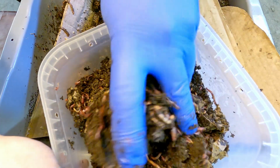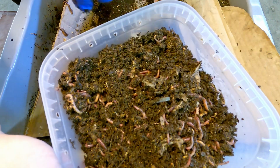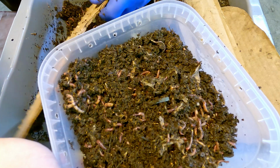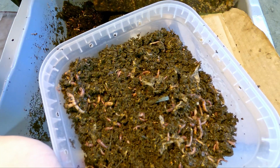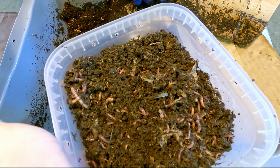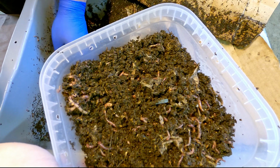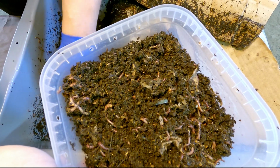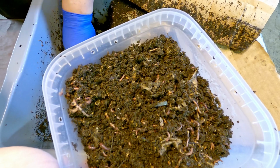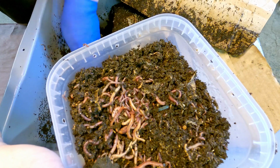It does look to me like that perforated cardboard partition will probably be reusable. Just see how it looks. Yeah, it's hardly been degraded at all. A lot of times the worms just go crazy nibbling that down too. But luckily we built up the feeding area well enough for them with bedding that they were able to keep themselves occupied with the bedding in the feeding area, and they didn't end up destroying the partition in the process